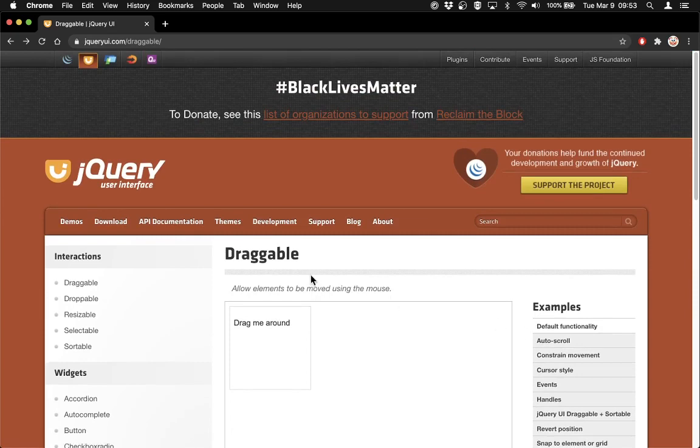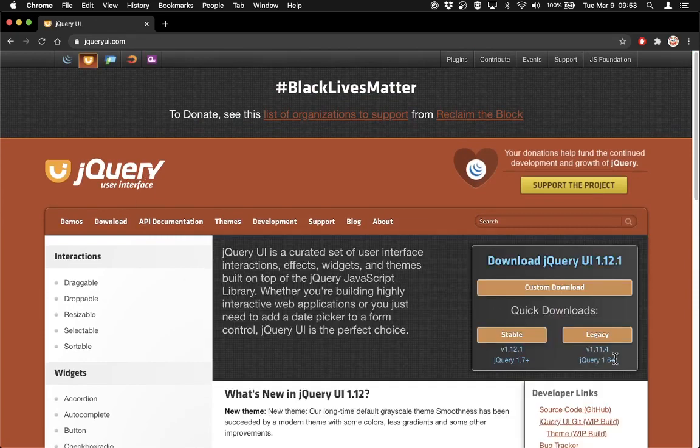Well, we saw that when we were back on the home page, there's download options here. And if I click on these different download options, most obviously I might go for stable. If I click on this, it will download a zip file of all of the things that I need to run jQuery UI, which is the main CSS and the main library file, right? Or if I want to, and I find this simpler myself, I could also go to